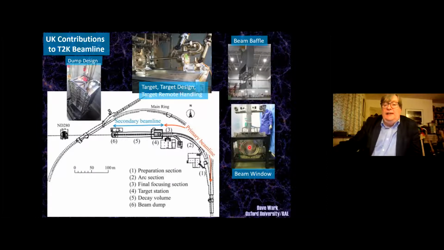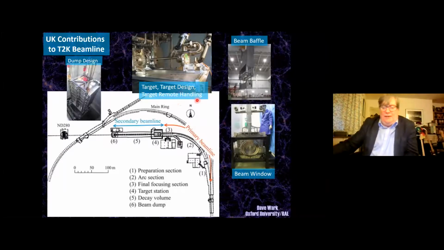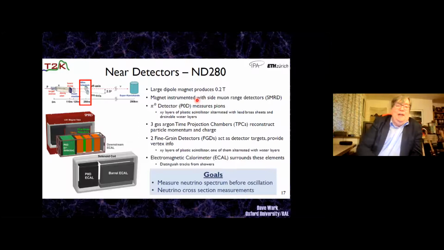We designed this window. This might not seem like a big deal, but that window has the highest intensity proton beam ever made by humans going through it in a pulse. And on one side of it's vacuum, on the other side of it is atmospheric pressure of helium. And if it breaks, the experiment's over. So it's a good idea for it not to break. So it's quite an engineering challenge. All of this stuff is hard. Don't have time to go into the details.